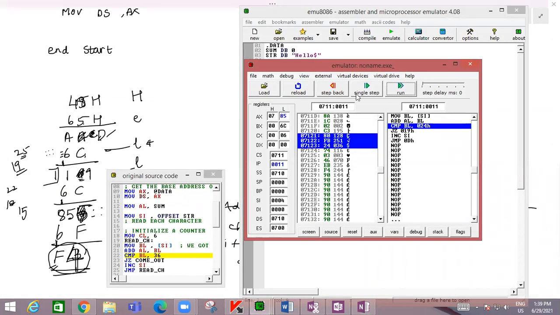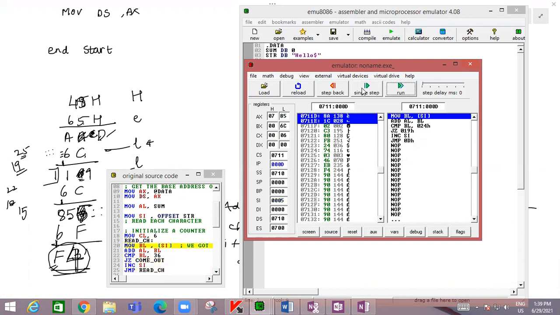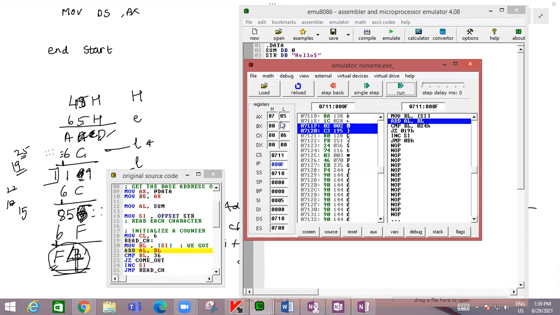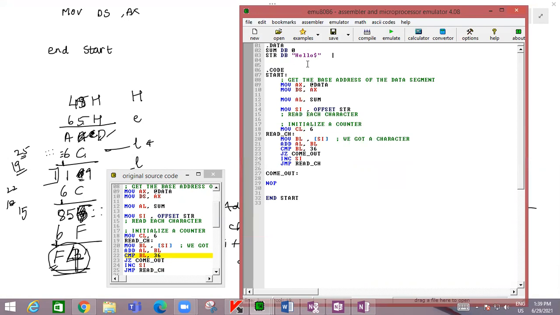So single step. So 6F you are reading, you take this and you get a sum of F4. So what we have done is we have a string, and we are able to add up all the values and get one value.